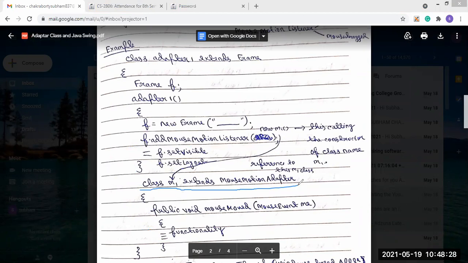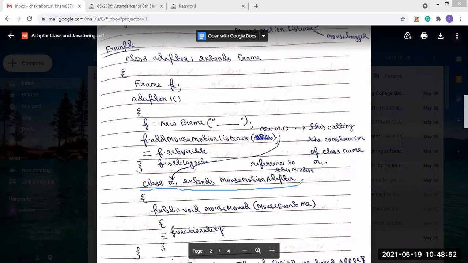In any listener, we use the name of that listener and its adapter class. The mouse motion listener has two methods present: mouse moved and mouse dragged. So what will be its adapter class name? Its adapter class name will be the mouse motion adapter.